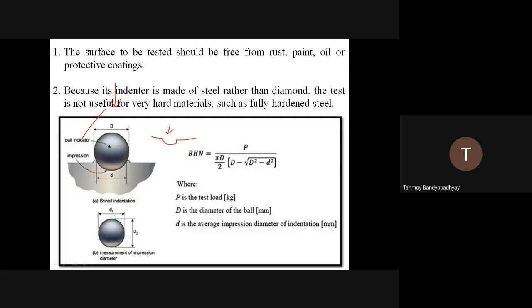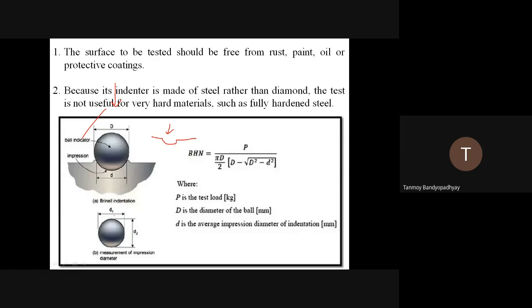I have told you that it's very small. The indenter might be of say 1 millimeter, 2 millimeter maybe. So the impression depth that is getting formed is also of that order. So for D1, D2, you can take 2-3 measurements, and then you can take the average of the impression diameter, and that forms the value of the small d.